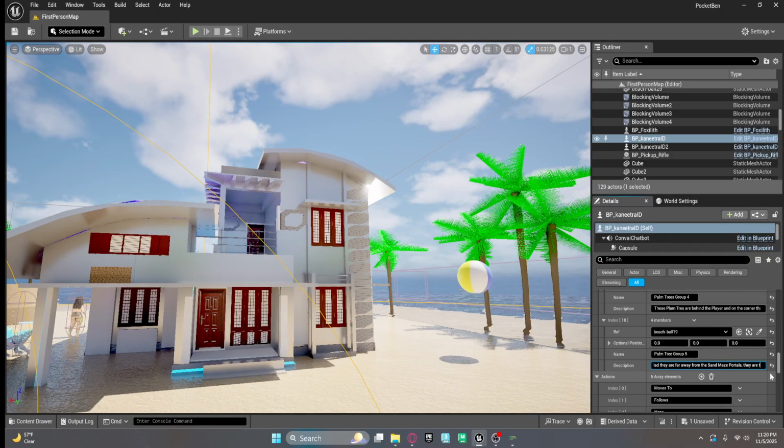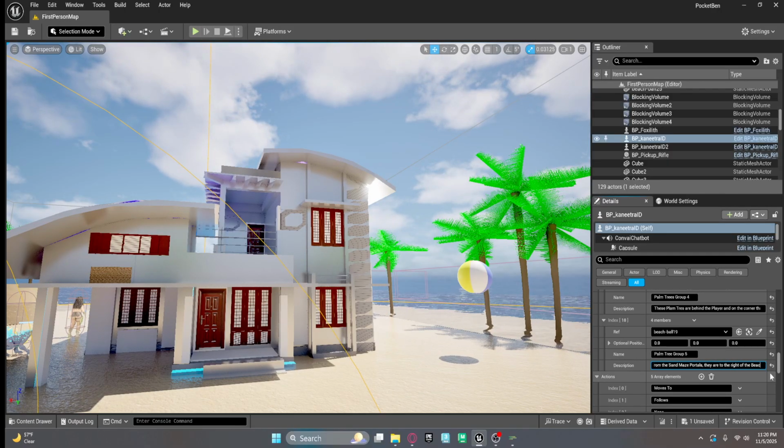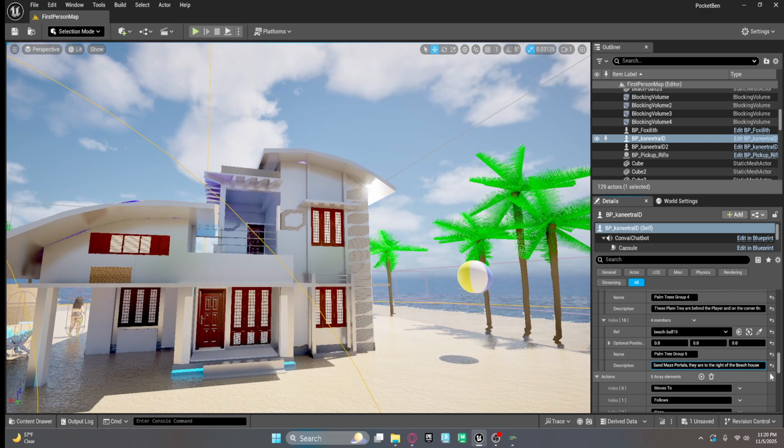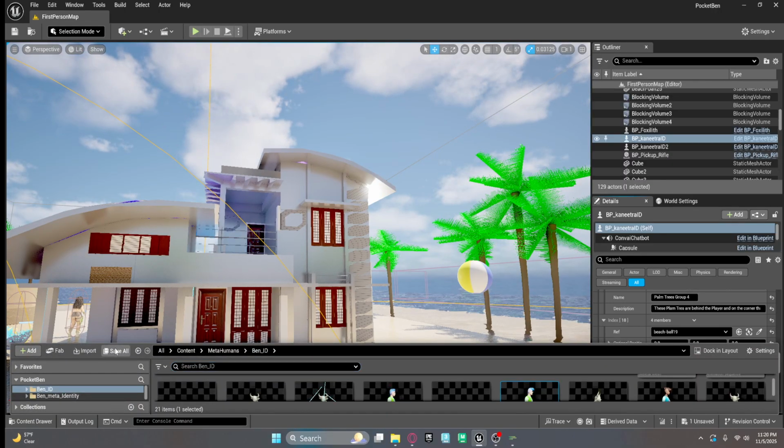They are to the right of the beach house. And that's it. So save all, save,